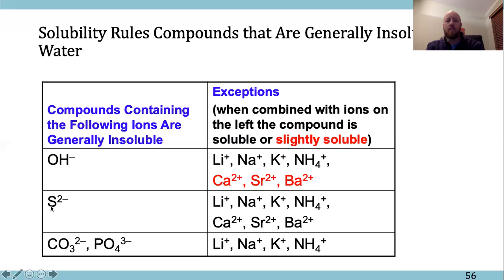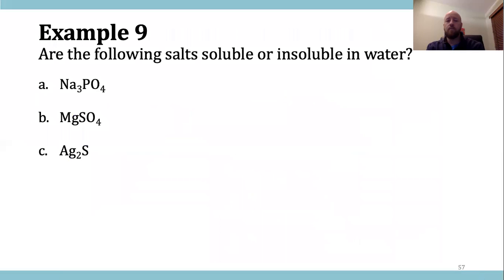Again, the sulfides are generally insoluble, except with the rule number 1 ions, and calcium, strontium, and barium. Carbonates and phosphates are generally insoluble, except for the rule number 1 ions. These are the things you need to have memorized for test questions. So you've got time. One of the first kinds of questions that we have with